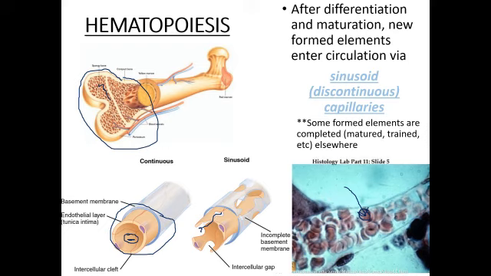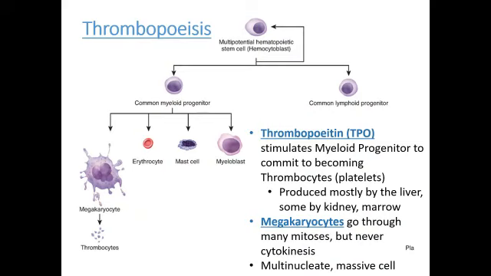Okay. All right, so once again, I do want to remind you that all of the formed elements ultimately are born in this way. They are originating in the bone marrow. They enter into the bloodstream via these sinusoid capillaries. However, some formed elements, namely the white blood cells, have to continue the developmental process somewhere else. And again, that's something we'll get into when we talk about the immune system in a few weeks. Okay, so let's start